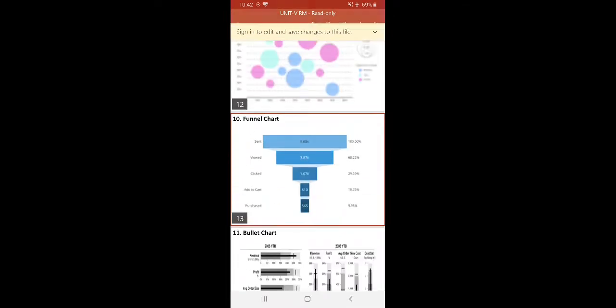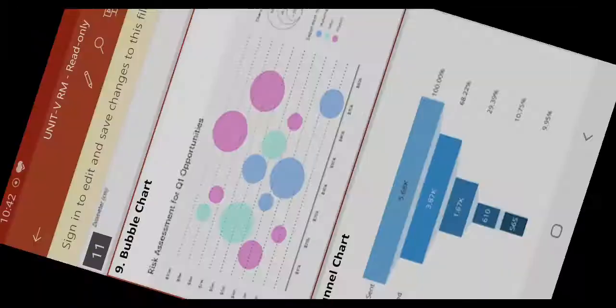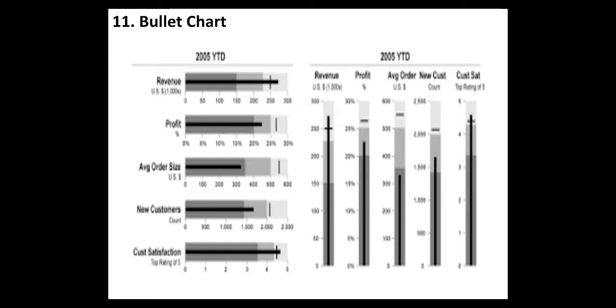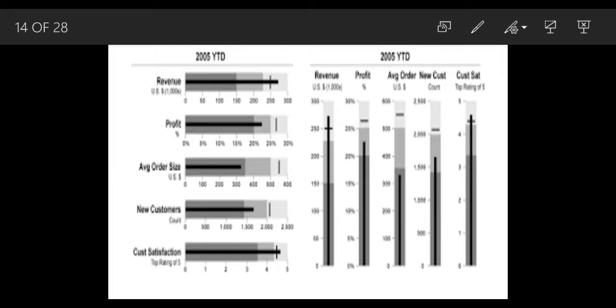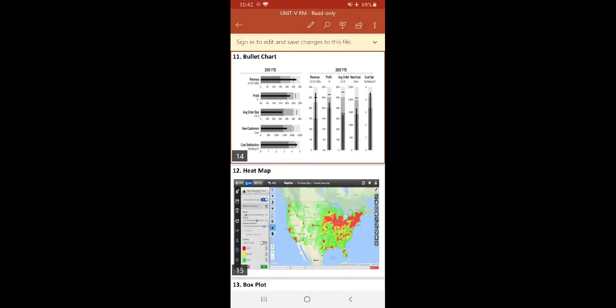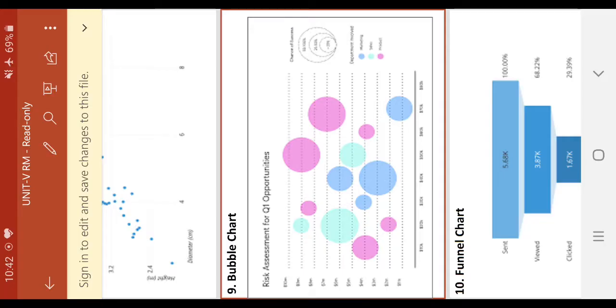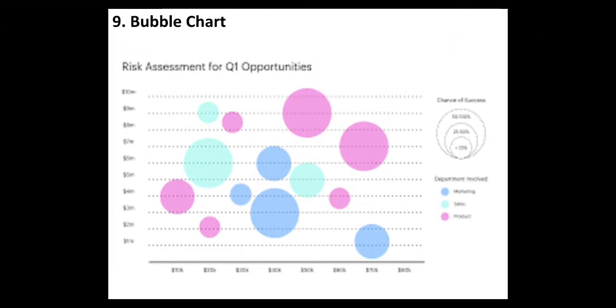bubble chart. The bubble chart is similar to a scatter plot, but the researcher can introduce a third variable to the visualization by having the size of the bubble indicate the value of the third variable. If we have only two variables, we go for a scatter plot or maybe other charts, but if we are introducing a third variable, we go for this bubble chart.